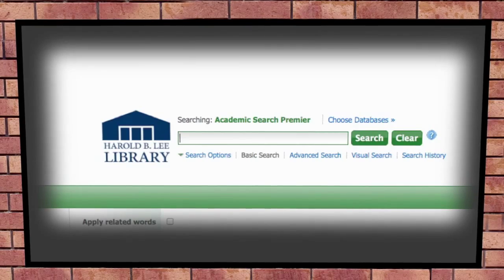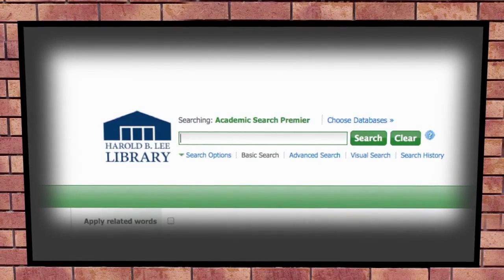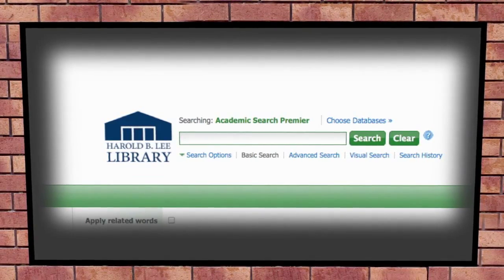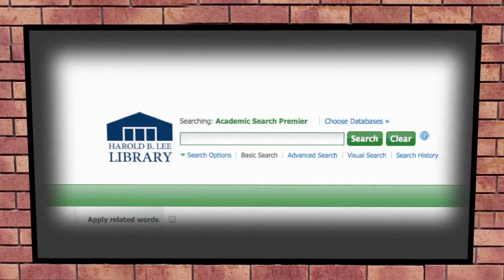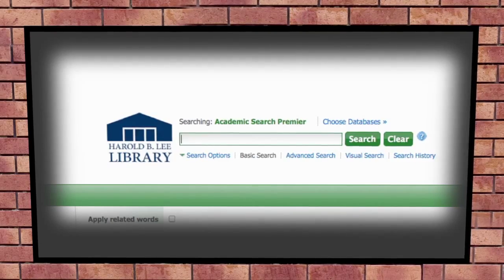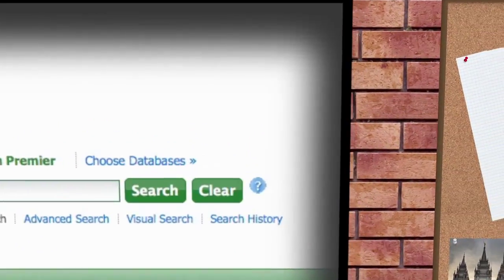In an academic database, we use search techniques appropriate to the database to retrieve relevant materials. By mastering a few basic searching skills, you will be able to form a search statement to retrieve the best articles on your topic.